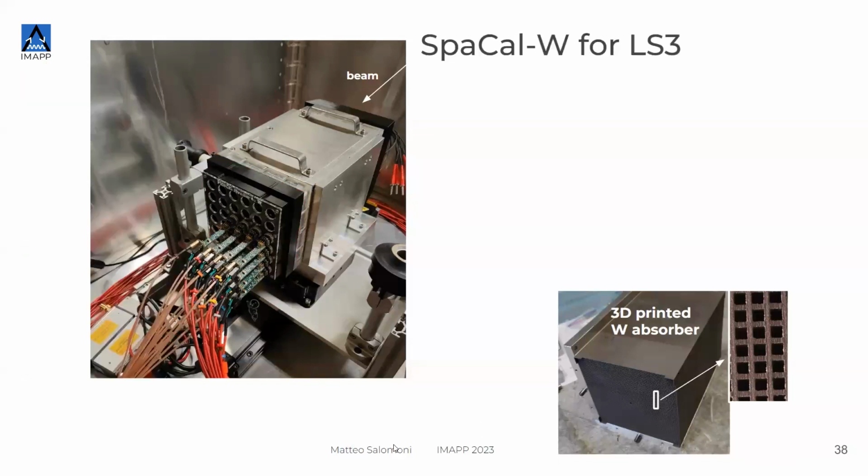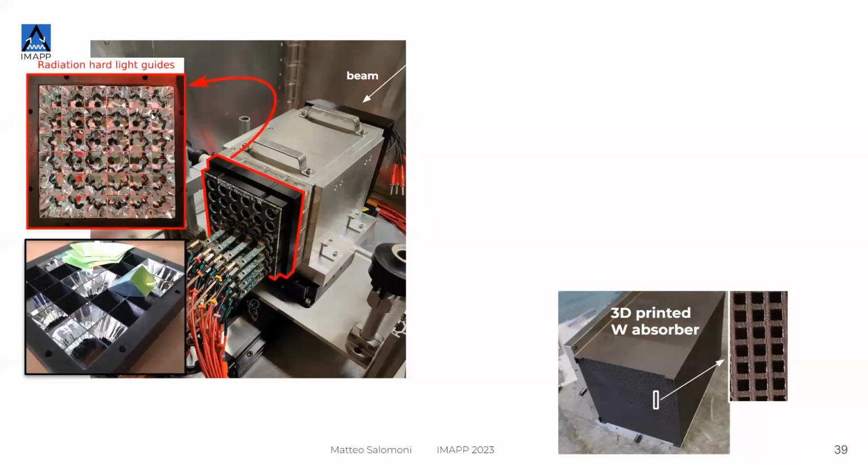And here on the left, you see the module in the box with some PMTs. Inside this black part here, we have some light guides, which we developed on our own, because we needed light guides which are radiation hard, and usually light guides are made of PMMA, plastic. Plastic is not radiation hard at all. So we had to make them hollow with a reflector, which is glued on a 3D printed piece. We 3D printed, we developed our own idea of light guides, we glued them, we found a way to cut them. We did the R&D of this module.